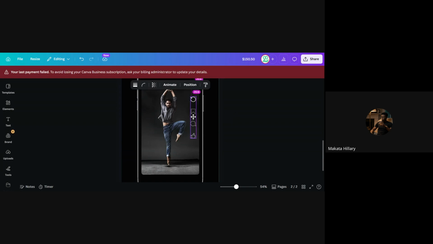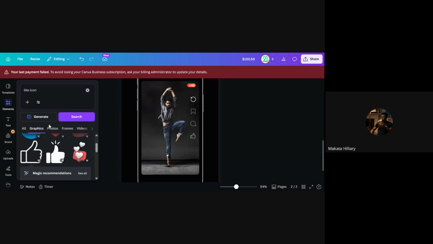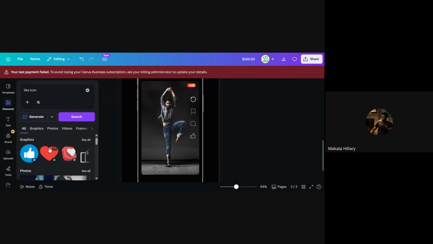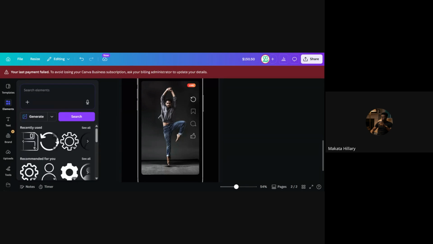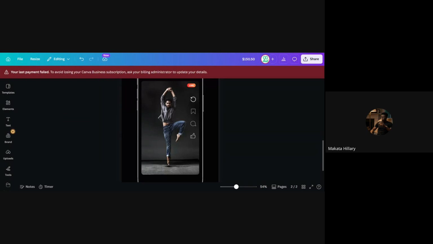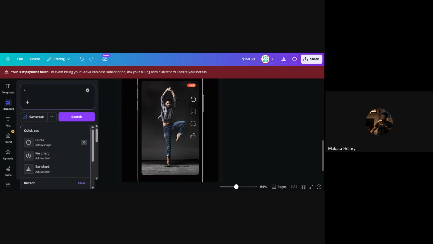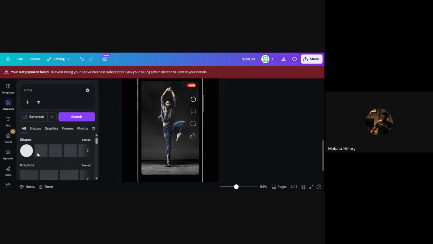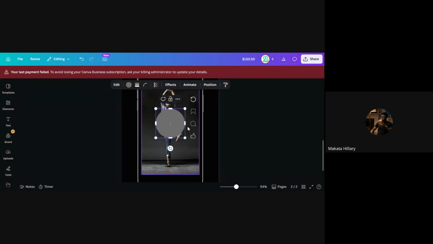Now, placing this here, I feel like you guys feel like this is too, I think it's kind of on its own. So what we're going to do is we add a circle to the back, and then we reduce transparency of the circle just to give it some kind of background. So let's say circle. So we do circle, and then